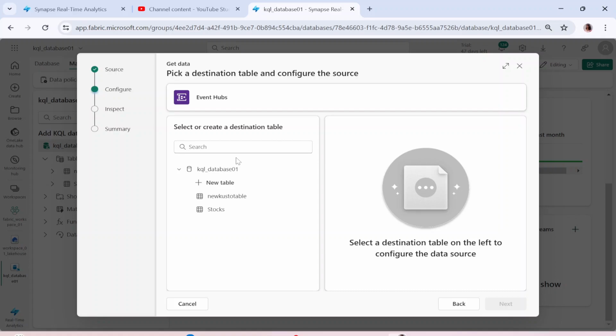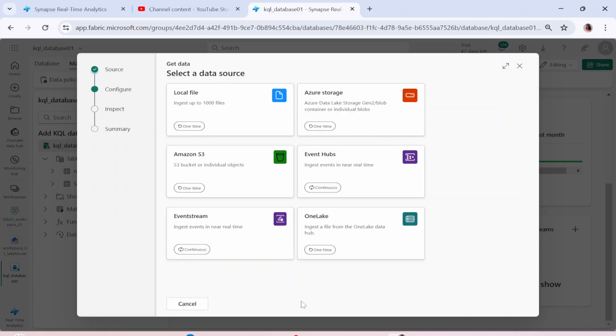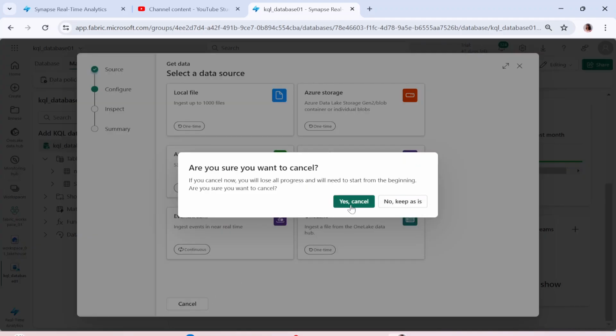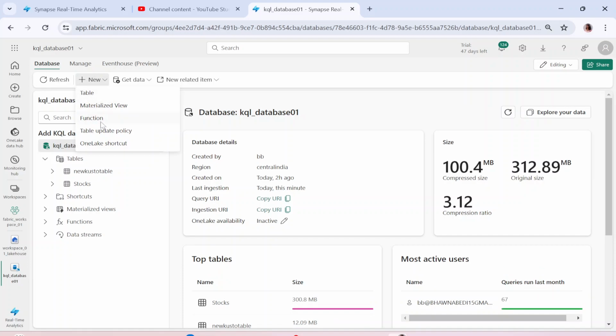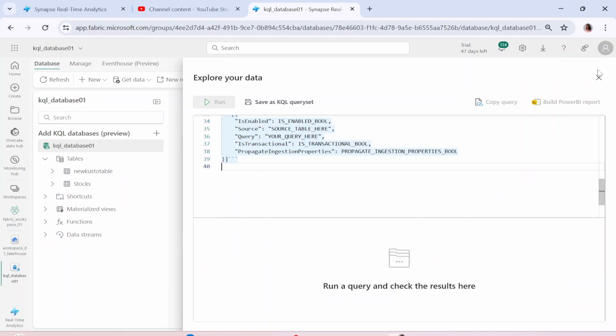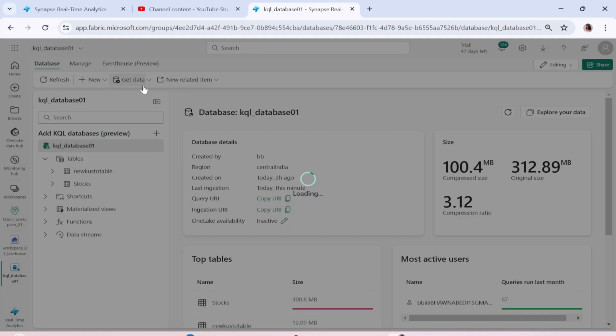The moment you click on data stream, you can see that it is automatically taking the stream of data from Event Hub, and then you have to configure the target destination. This is almost the same as the stream that we have created. Even if you go to the database and click on new, you can create a new table, materialized view, function. The table update policy is also there. These are a few things that we are going to see later on.